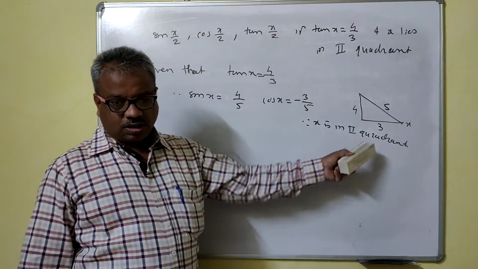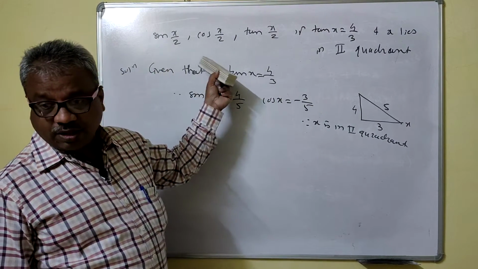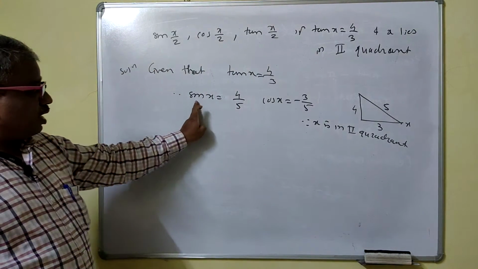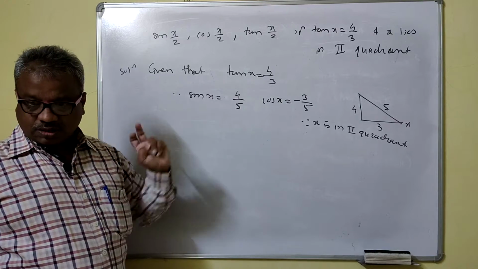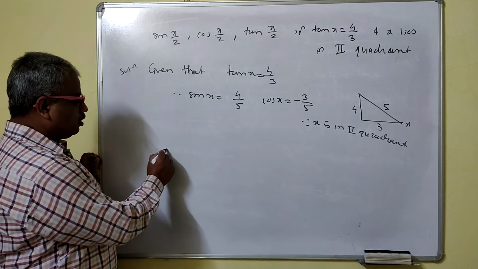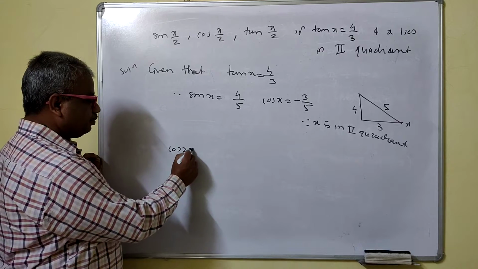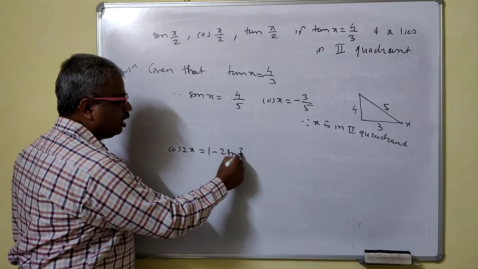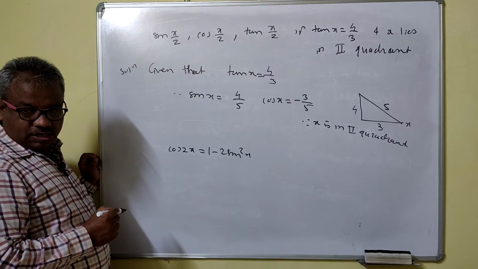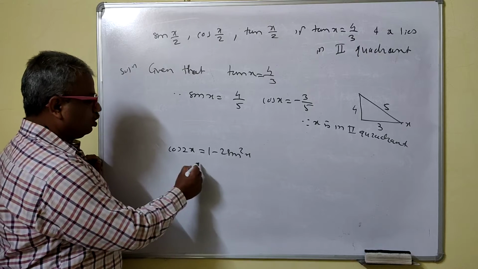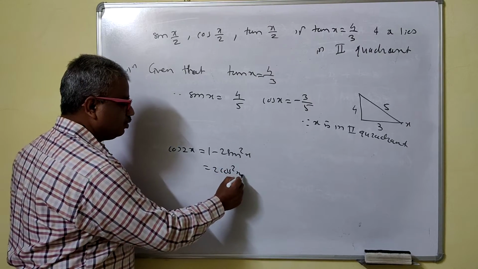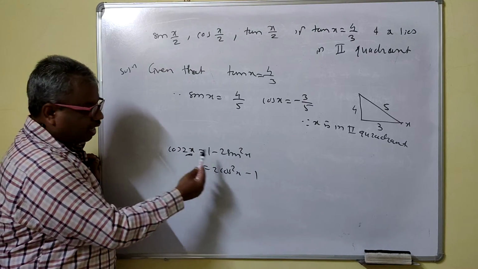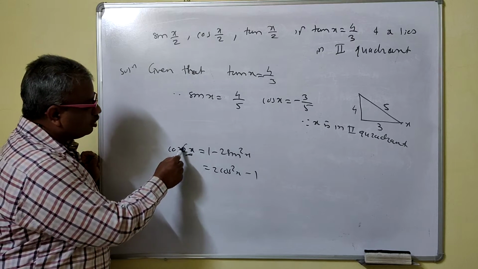Actually this is not the important part. The important part is to find the value of sin x by 2 and cos x by 2. Now we have the full values of sin x and cos x. The formula for this is cos twice x, which is a double angle, equal to 1 minus 2 sin square x, and also equal to 2 cos square x minus 1. That means the angle here is double and this will be half. So we will replace cos twice x as x.